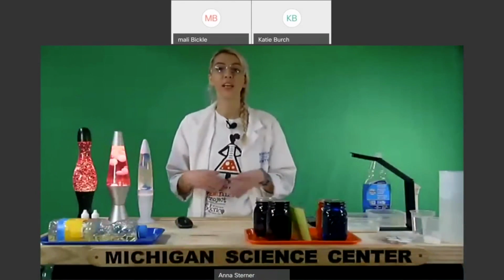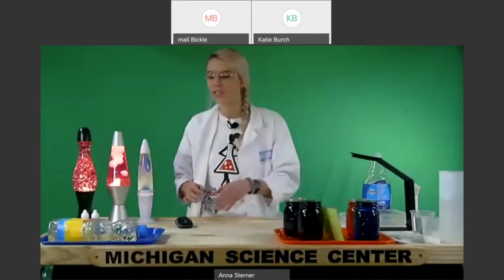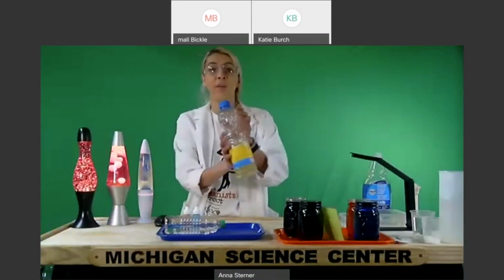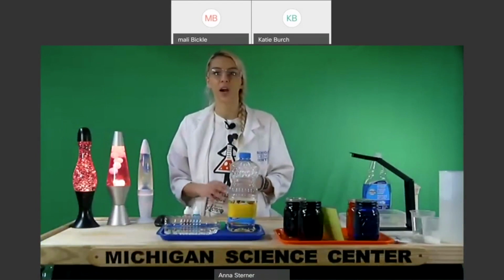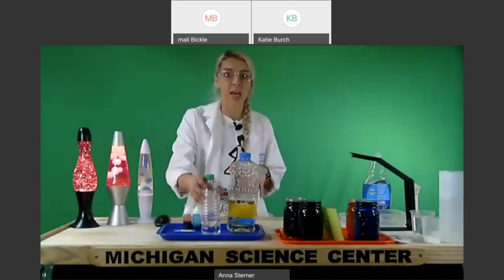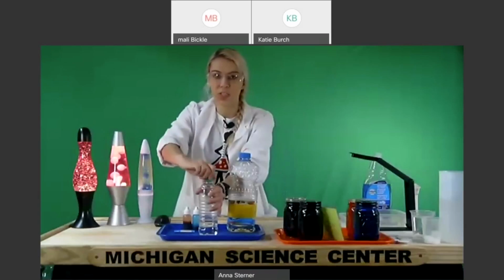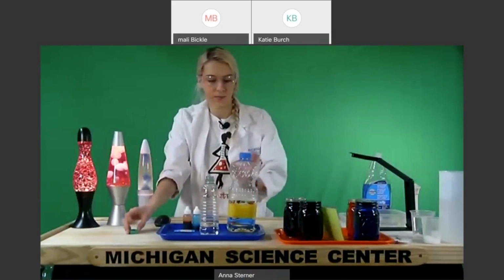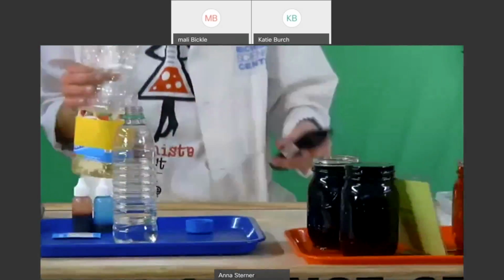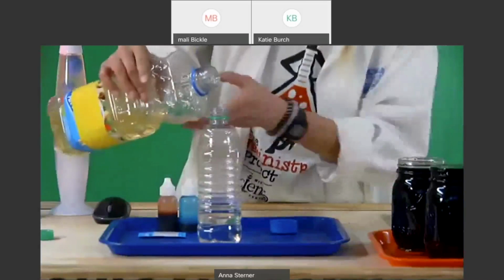If you're interested in creating your own lava lamp at home, one that doesn't run off electricity, it's very, very easy to do, and it only takes a couple household materials. So on this tray, I've got some vegetable oil, which is going to act as our hydrophobic substance. So oil and wax are both hydrophobic. I have an empty water bottle here that I've filled with just maybe 1/3 of the way with water. We'll just take off the lid here. There we go. And I'm going to fill it almost the entire rest of the way with our vegetable oil